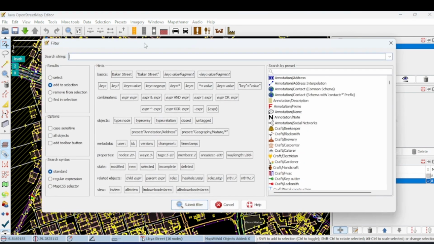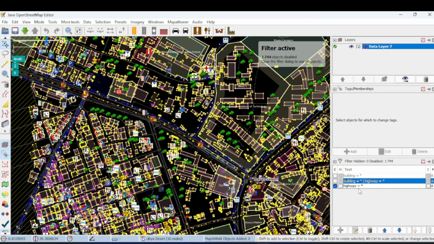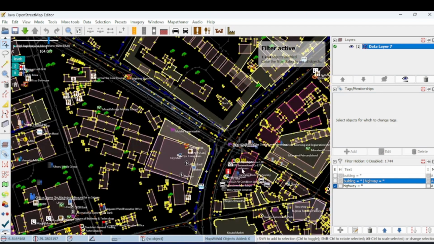Okay, let us do it for highways. Highway equals to all. Okay, so I just select out this one. As you can see, highway. This is the data that has been filtered out from the entire dataset,